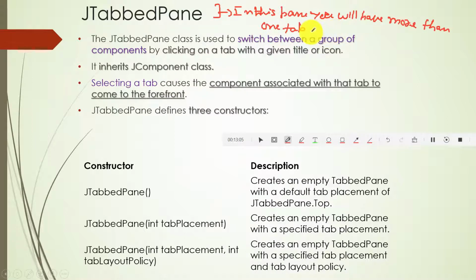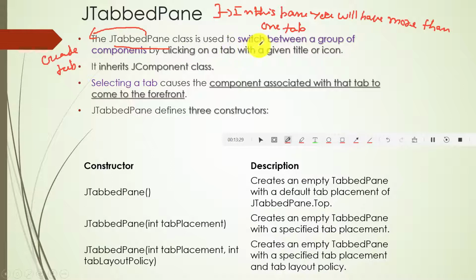We'll see how it looks. I'll execute that program also for you, and we will also do some modifications there. The J tabbed pane is the one which will create the tab.